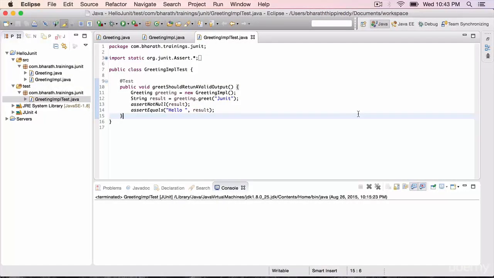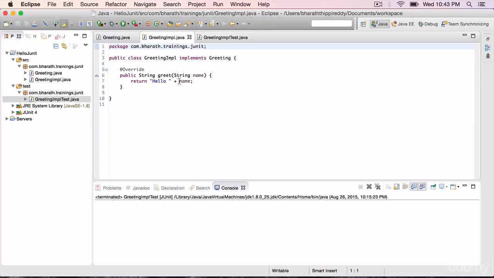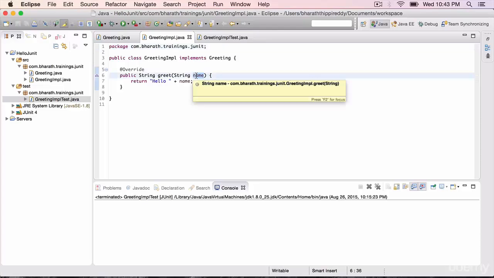In this lecture, you will learn how to test exception scenarios using JUnit. To do that, go to the greeting impl class and let's add a data validation logic or exception scenario in here, wherein we will throw an illegal argument exception if the name parameter comes in as null or if it is blank.